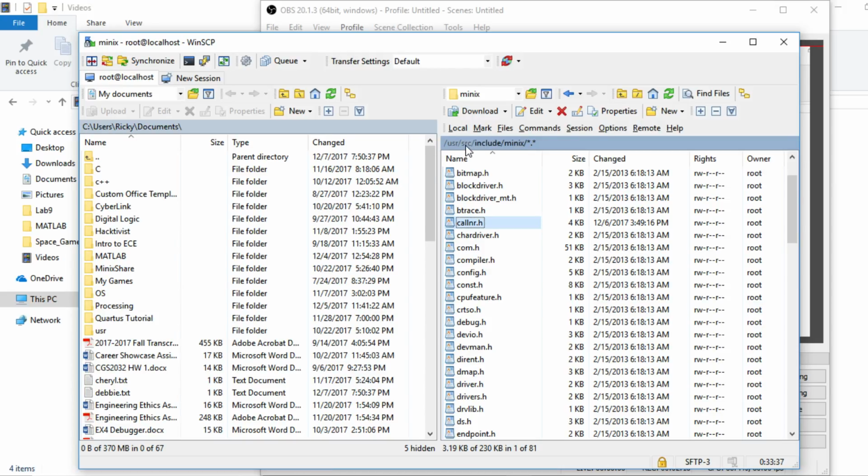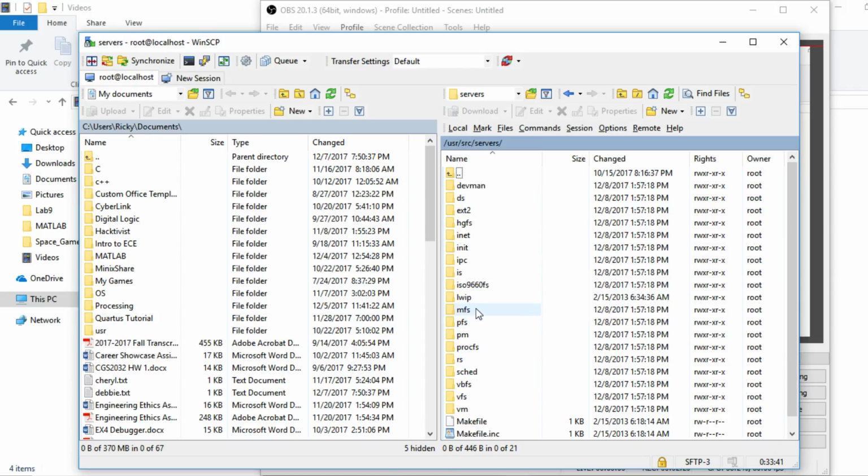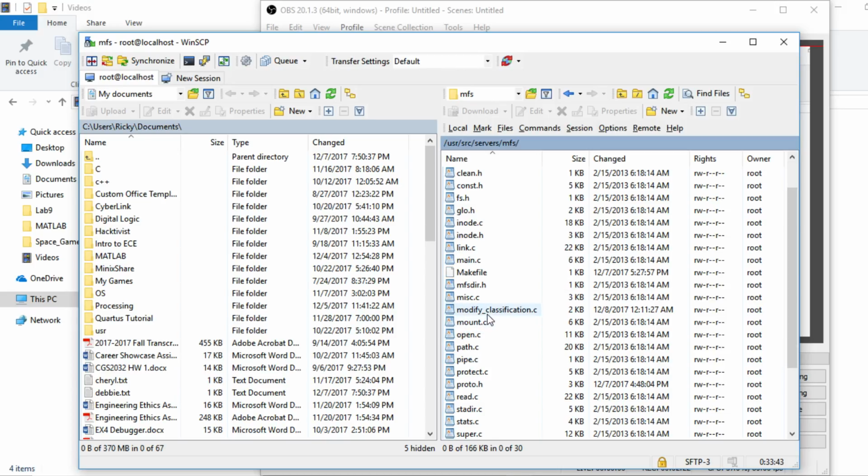We also have a system call to implement in the MFS as well. So if we go to the MFS folder, we see that we included this modify classification.c file, which is actually the function we use to allocate space for the classification level for each file, and to store it and receive the value. And to do that, we have to go to the table.c